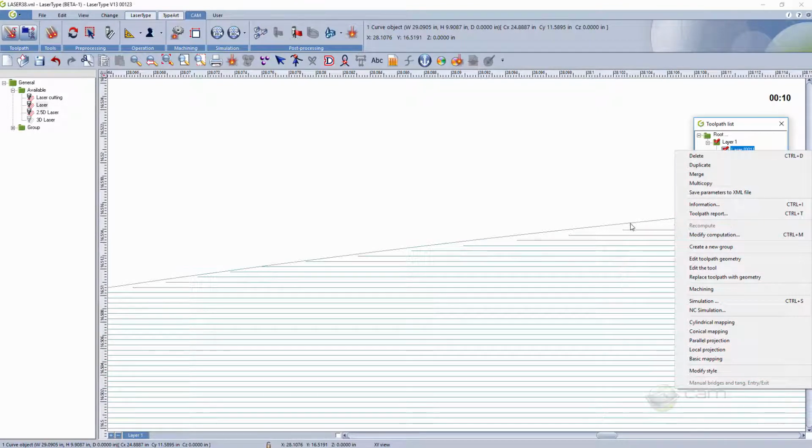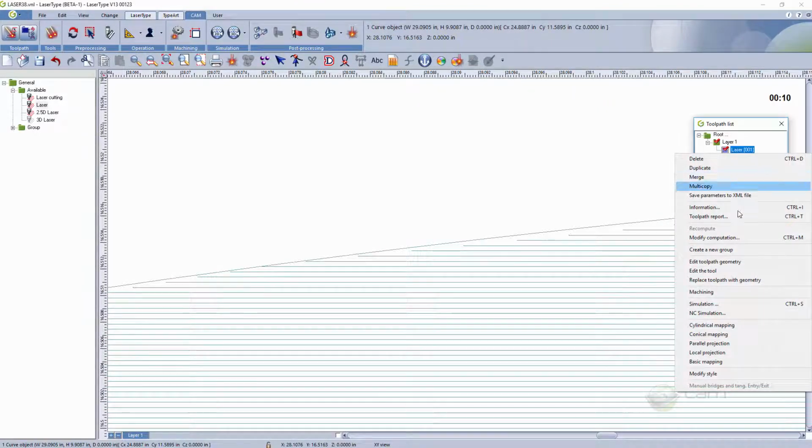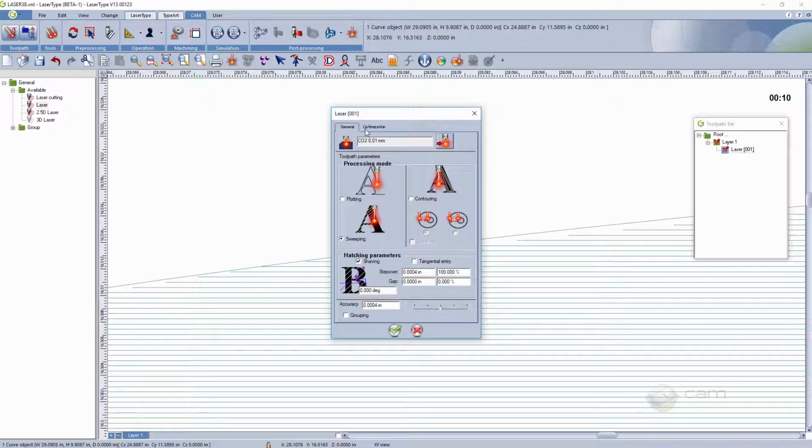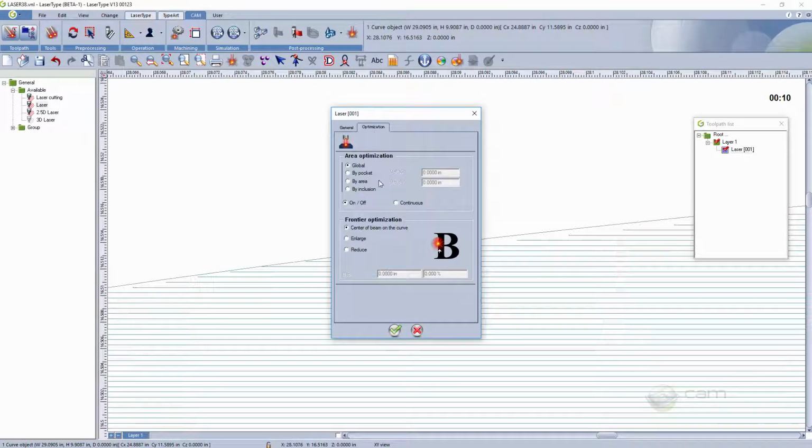Also very interesting is the capability we have to create an optimization by keeping a continuous beam. The continuous beam will allow you to avoid having, on those edges, some marking dots that you want to avoid.